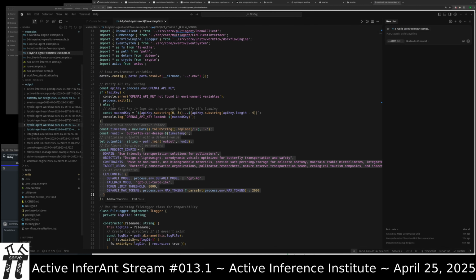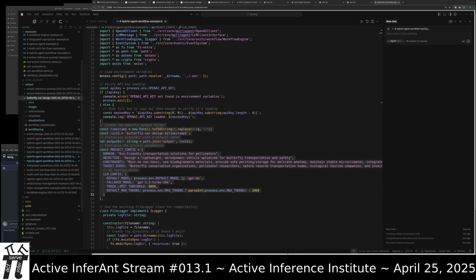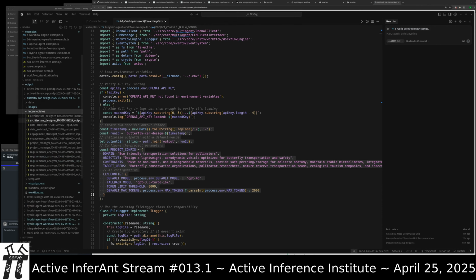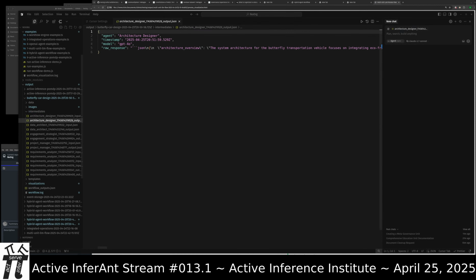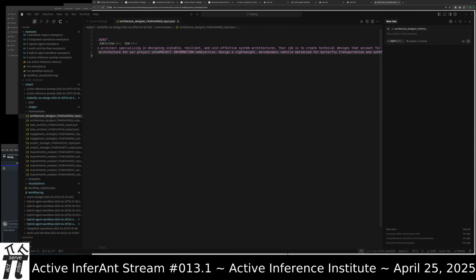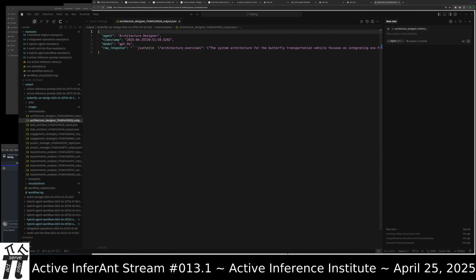And meanwhile, we'll just look at the butterfly car design to look at where we're going to get, which is all the intermediates are saved. So here's like the architecture designer. The system prompt is you're a systems architect, system generic prompt. And then the user prompt is design a lightweight aerodynamic vehicle optimized for butterfly transportation and safety. And then the output from the architecture designer is this is the concept.